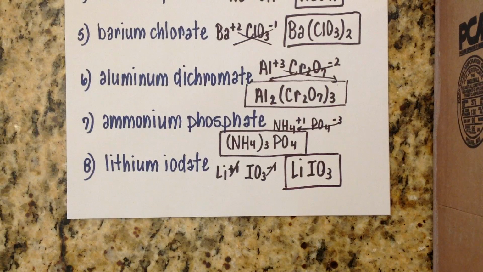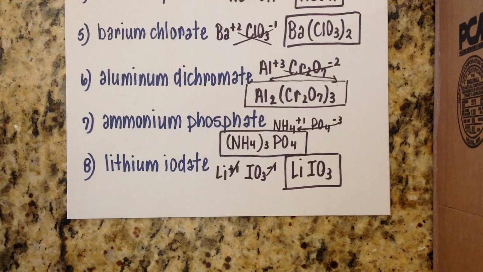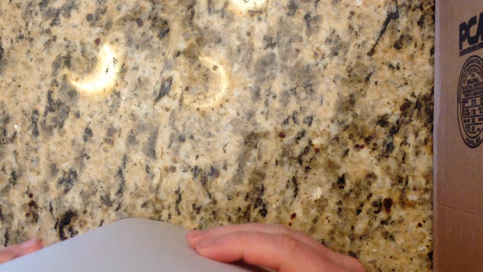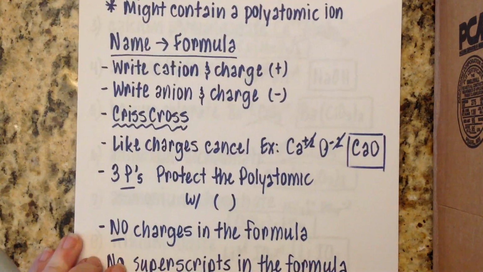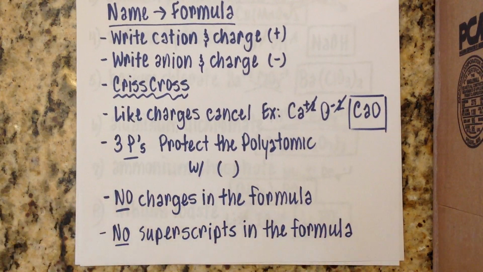So what you've learned, whether you're working with a binary ionic compound or an ionic compound that has a polyatomic ion in it, either way, really all you're doing is just crisscrossing. You just have to remember a few exceptions, and those exceptions are: don't write the 1s, and I said I would put these notes back up, so I'm going to put these up while I talk. Don't write the 1s. If you have a polyatomic ion, make sure you put parentheses around it, and like charges